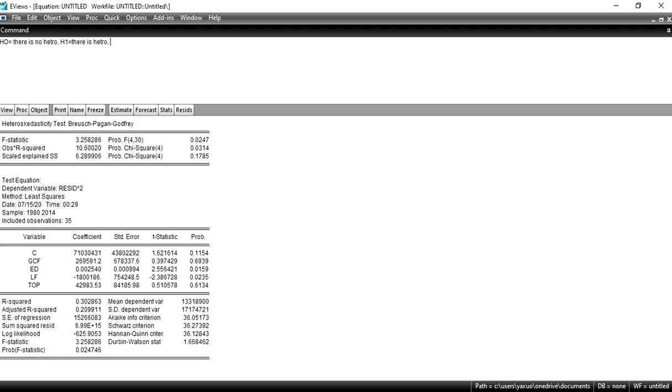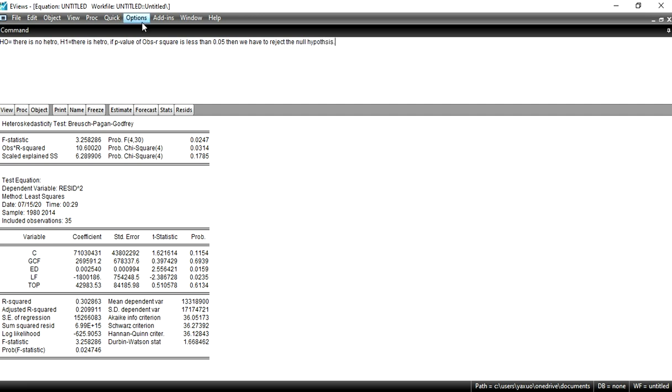I will write it again here: if the p value of observed R square is less than 0.05, then we have to reject the null hypothesis.